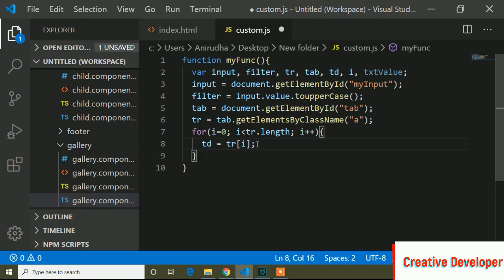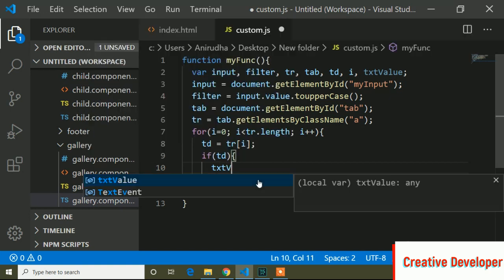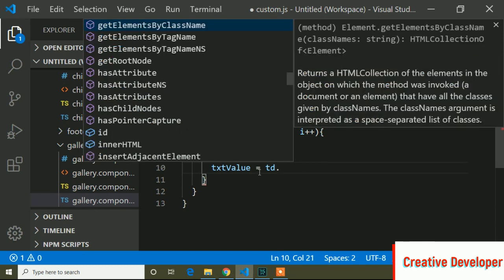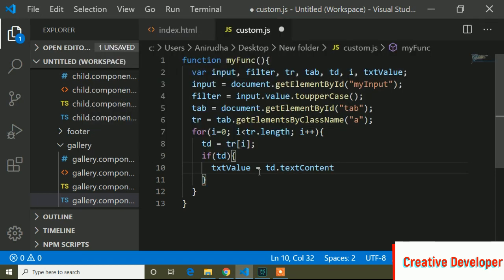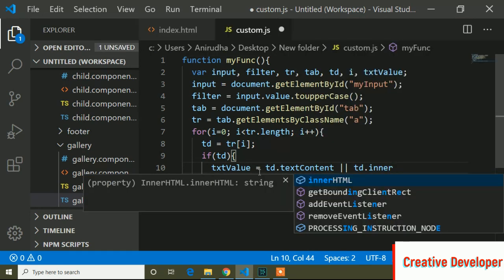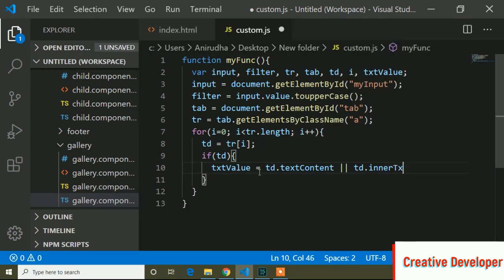And now here I will check if td, then it finds td, so the text value variable equals to, I will return td dot textContent or td dot innerText.